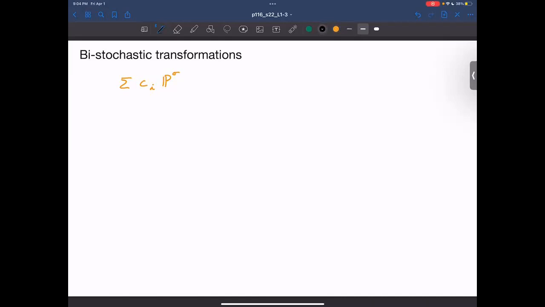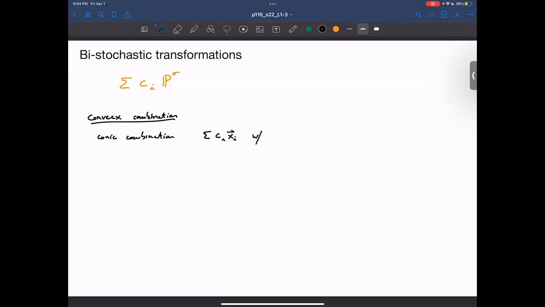Let me add a note here. A convex combination is a conic combination, which is a combination of entries, say X,